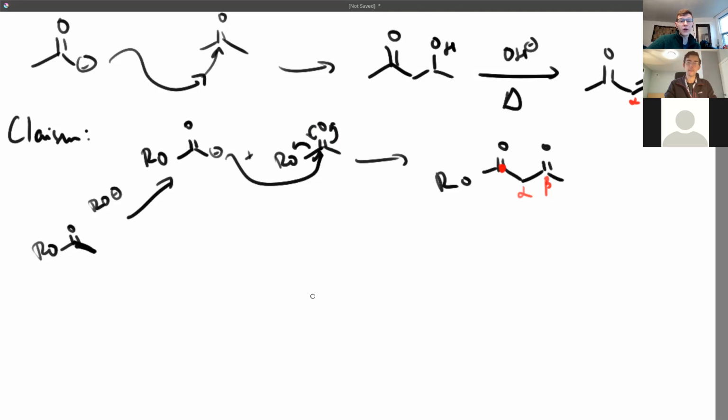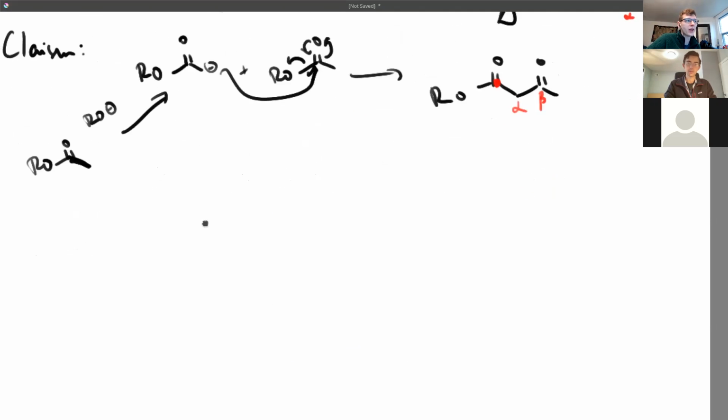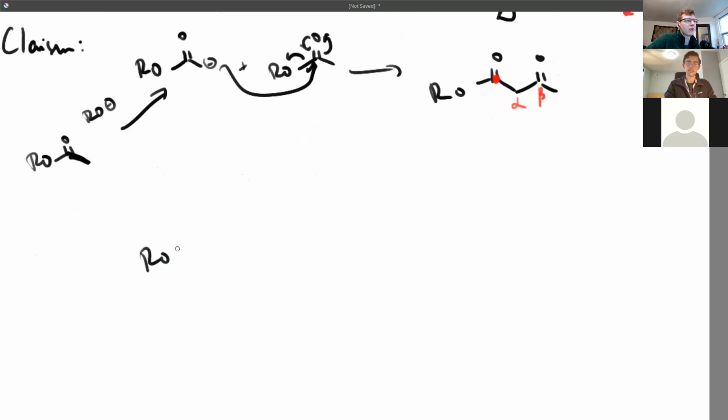It depends. If you're asked to show a mechanism, you definitely shouldn't do this. You should draw out all of the steps. I draw these two arrows, one going up and one going back down, because it kind of condenses the mechanism and it reminds us that there is a tetrahedral intermediate at some point. If you were writing out the mechanism, you would definitely want to